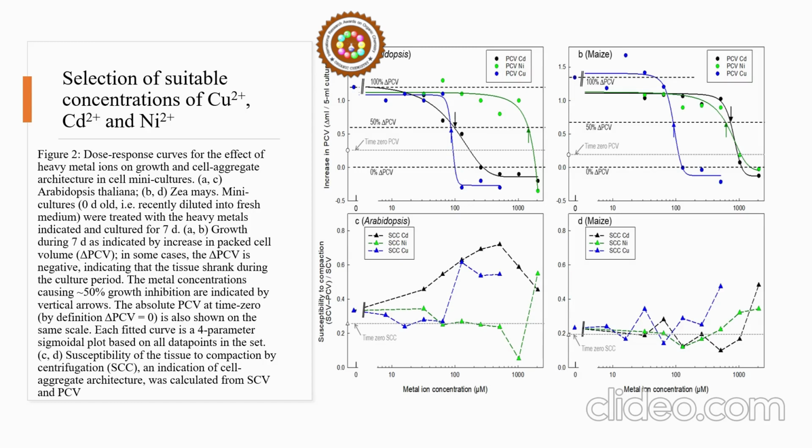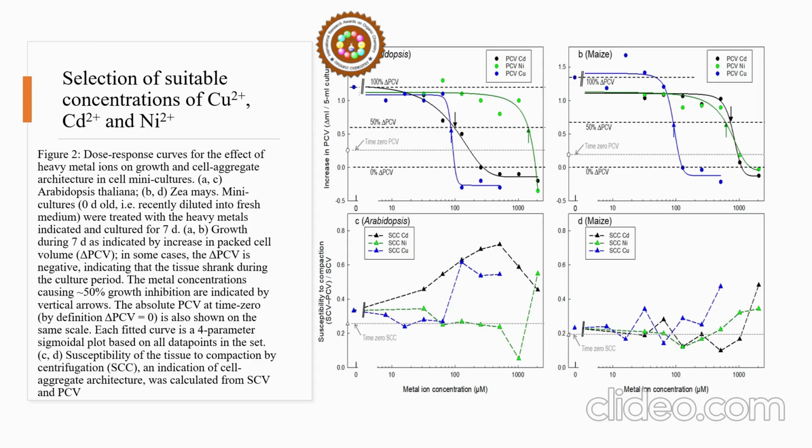And you can see the effect of copper is quite drastic. Near about 128 micromolar concentration was quite toxic, and it is going to have a 50% growth inhibition at this concentration, while nickel is not that toxic at the same concentration. In fact, it is going to have some healthy cell suspension culture, and it is not going to affect the growth pattern in terms of packed cell volume that much,